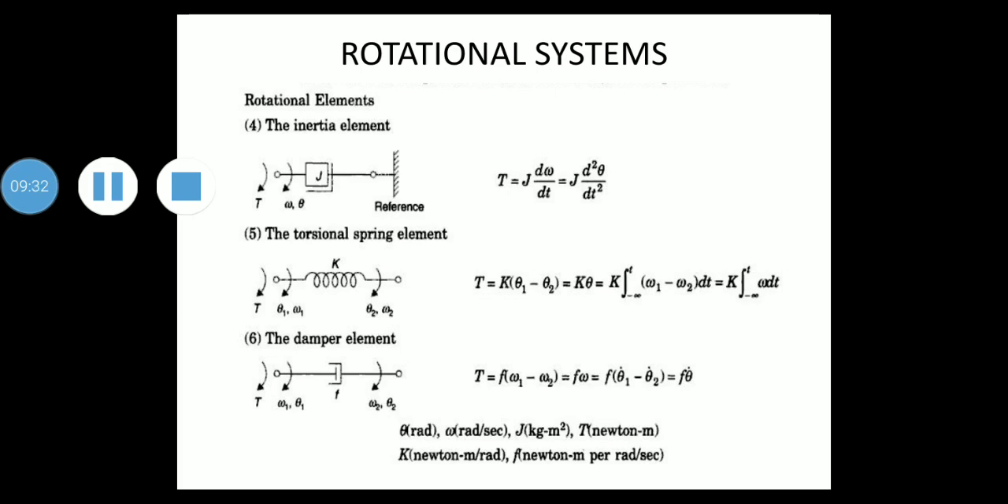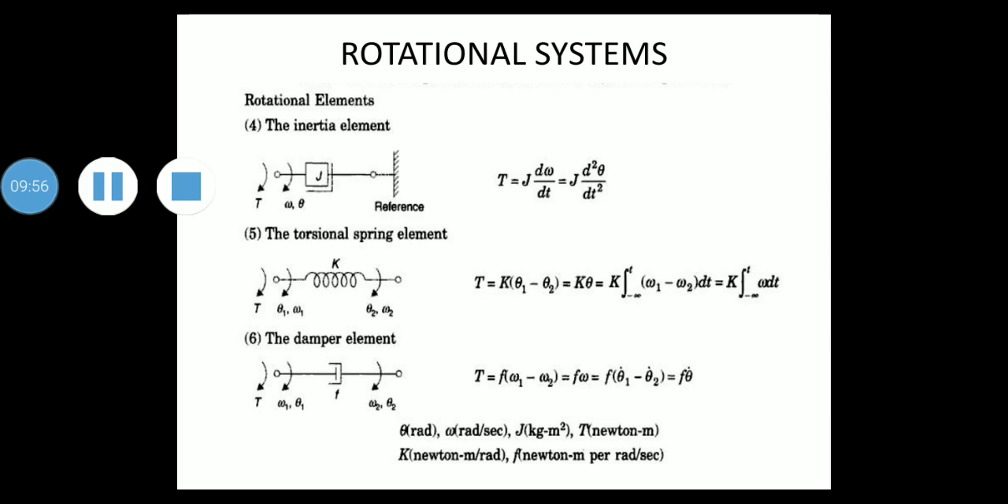So torque T is applied to inertia element. Torque T can be written as J d omega by dt, which is equal to J d square theta by dt square. Second is torsional spring element. So we can write T is equal to k into bracket theta 1 minus theta 2, which is equal to k theta,